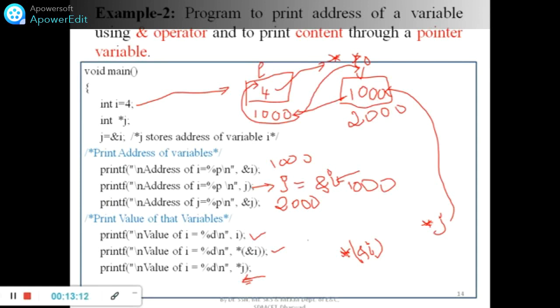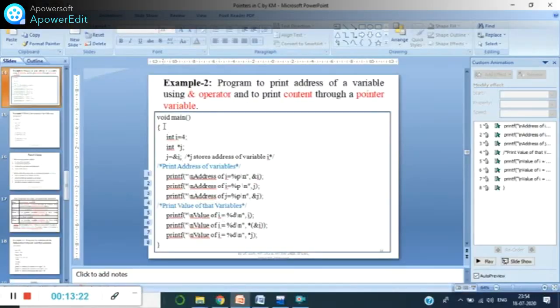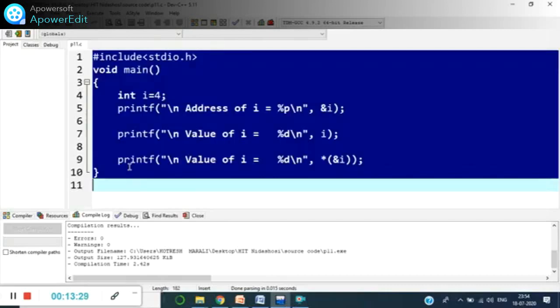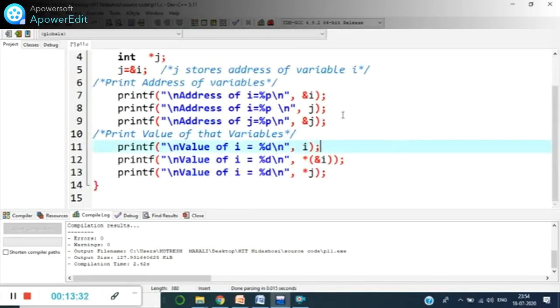Now let us see the simulation result, whether we get the same answer for all three values. Let me copy this program and paste it here. The first and second printf statements should give me the same address, the third is a different address, and for printing the values, all three printf statements must give the same value.